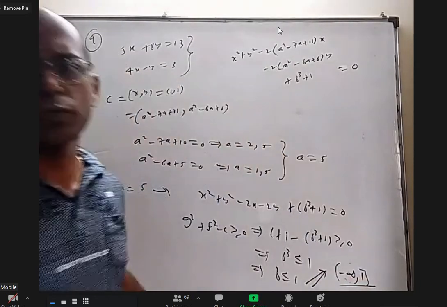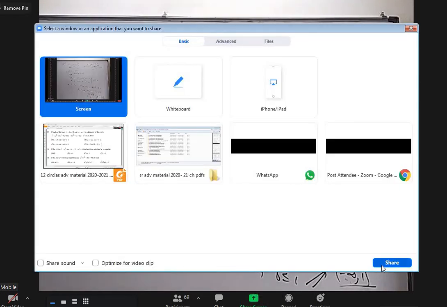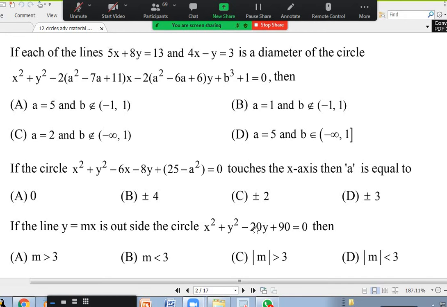Even if they give open, it's okay, because if the radius is 0, you may take it as a point circle, but then which line is called a diameter? You can say any line passing through the center is a diameter, but there should be a circle. Okay. So anyway, there is no option with closed and open. Option D will be the answer.